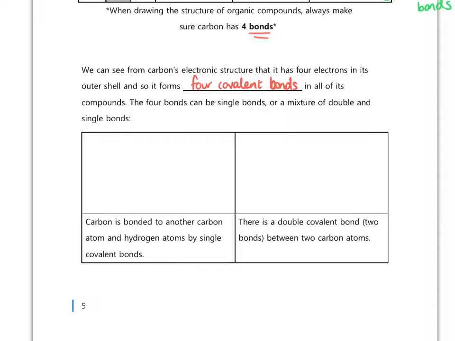So let me just show you, for example, ethane. I'll draw this in the box here. Ethane would be carbon connected to one other carbon, and remember then it must have 4 bonds. So we'll draw the additional bonds in for each of the carbon atoms and put hydrogen at the end of each of those. Because I've just used single dashes, that means that's representing single bonds, and this molecule is called ethane. It's an alkane that contains 2 carbons.